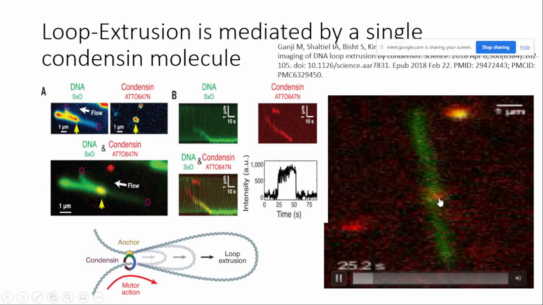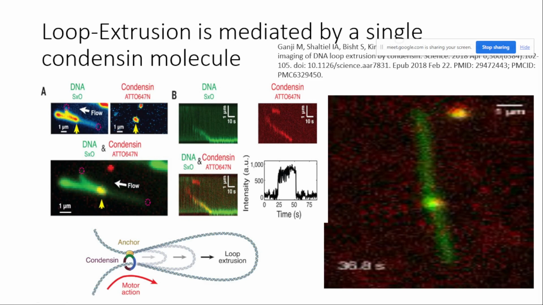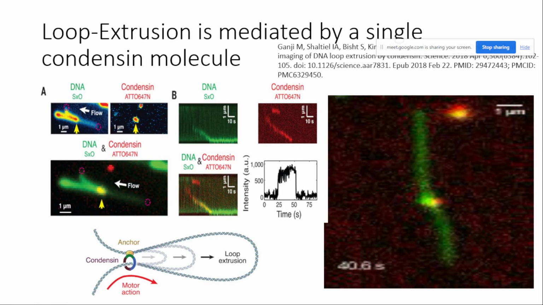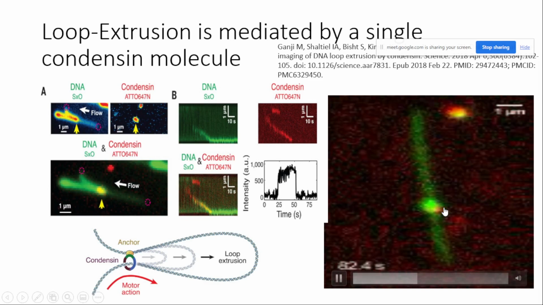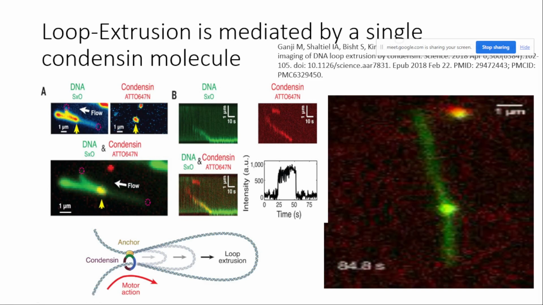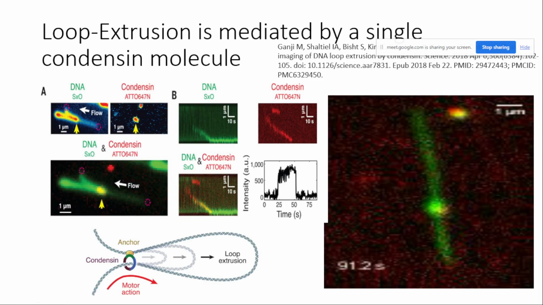Now you can see that at this position a loop is being extruded, and the color is yellow, right? Sometimes the color becomes yellow. That means that is the junction of the condensin, the green and the red, which makes it yellow. So here condensin is being recruited at the neck of the loop, and it is extruding the loop, which is evident from this video also. Just follow the loop region here, yellow color. That denotes the condensin recruitment.